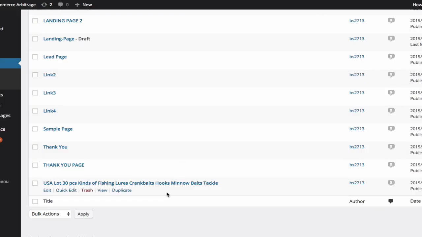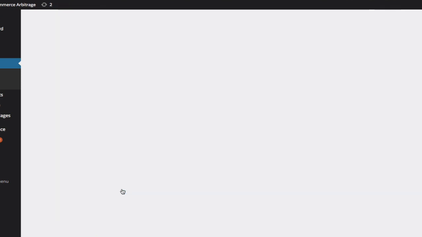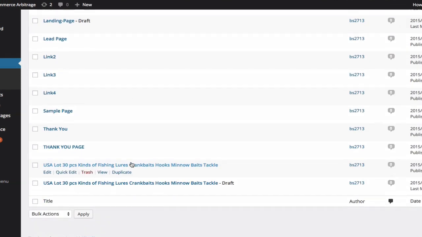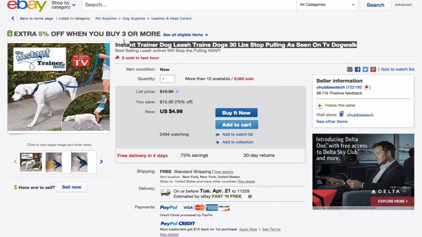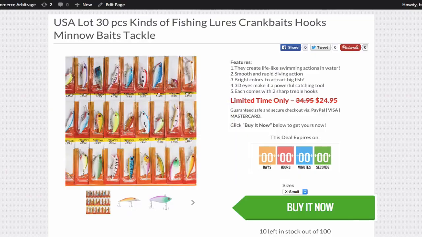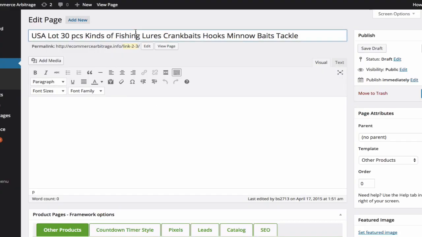What we're going to do now is simply, just like before, duplicate it, and we're going to create a page for Labradors by modifying the title just like we spoke about a couple of videos ago, because when we generate the traffic to this page, we want the people who come here to really think that they're in the proper place. So, instant Labrador